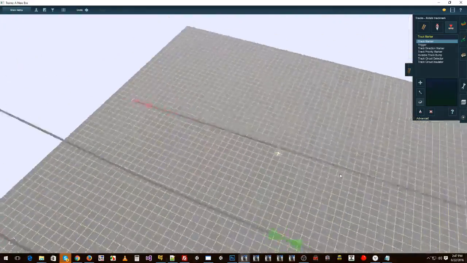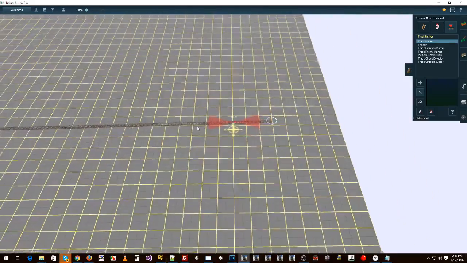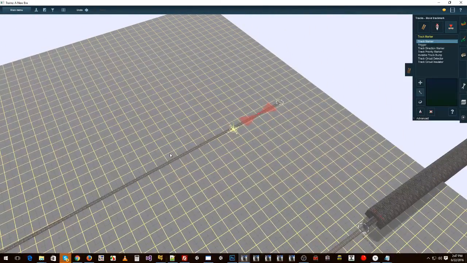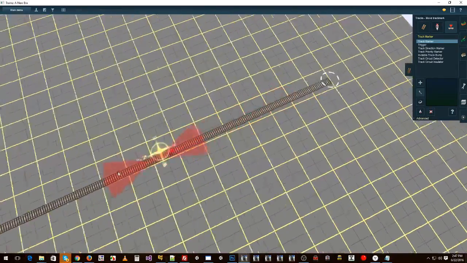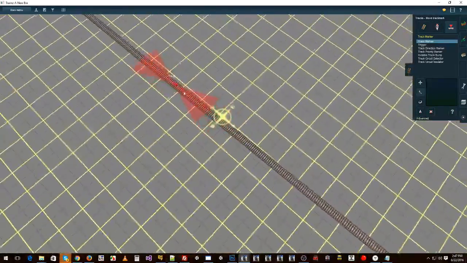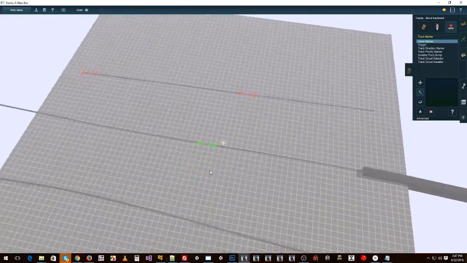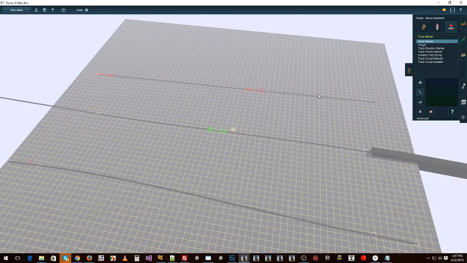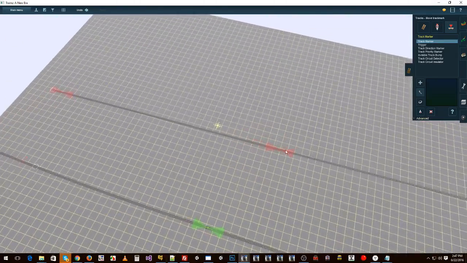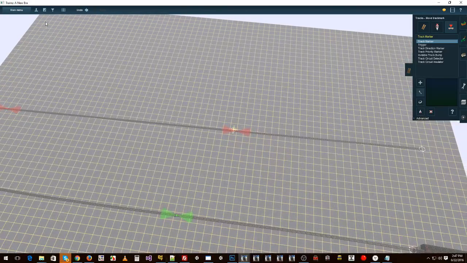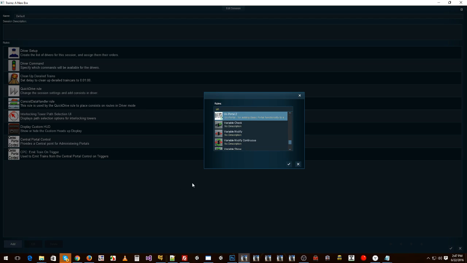Now, the other thing to remember with unportal is you need to have your track marker give enough space for the entire train you plan on spawning. Otherwise, it'll throw an error. So you want to give it a fair bit of space. I don't plan on having a train any longer than that, I don't think. So when it spawns, it'll have enough room to spawn the entire train. So we're now using track markers instead of track to spawn our objects,